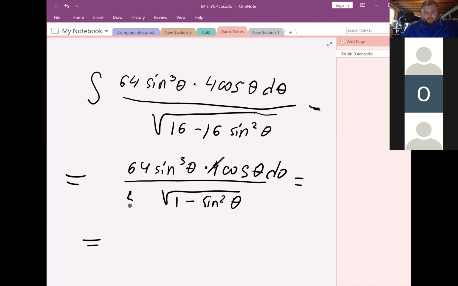I put together 64 sine to the 3 theta and multiplied by 4 cosine d theta, but I don't know where I go next. Well, 1 minus sine squared is equal to cosine squared. Okay, right. And the square root of cosine squared is just cosine. I also canceled the 4s here. Yep. So it's gonna be